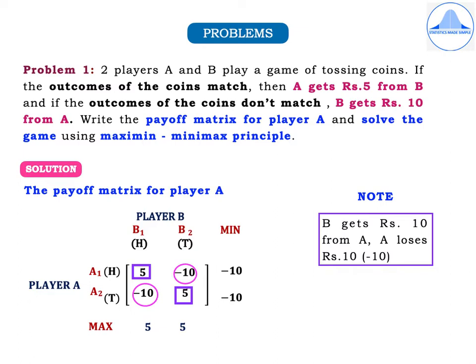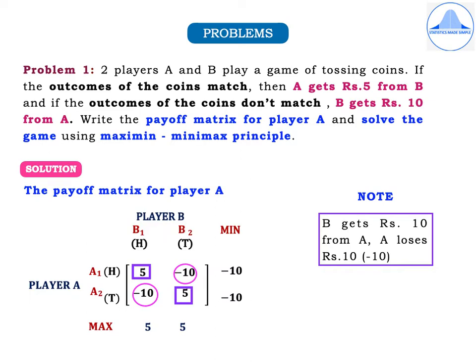Corresponding to A1, B1, write the value 5 because the outcomes are matching, and for H and T, that is A1, B2, it will be minus 10 because the outcomes of the coins don't match. Similarly for A2, B1, again the outcomes don't match and so the payoff will be minus 10, and for A2, B2, that is both the strategies are showing tails, in this case A gets rupees 5, so you write 5. So once you write the payoff matrix for player A,